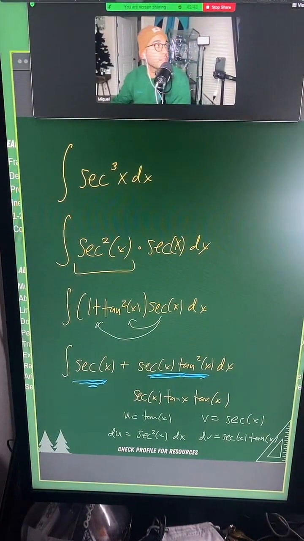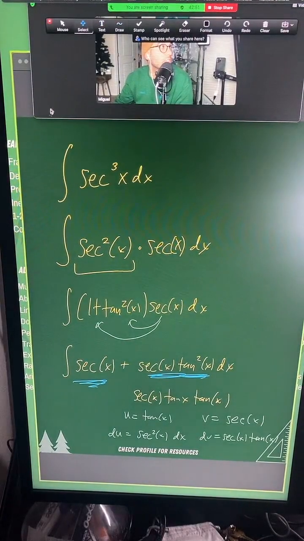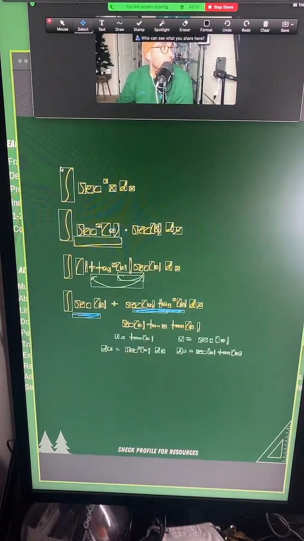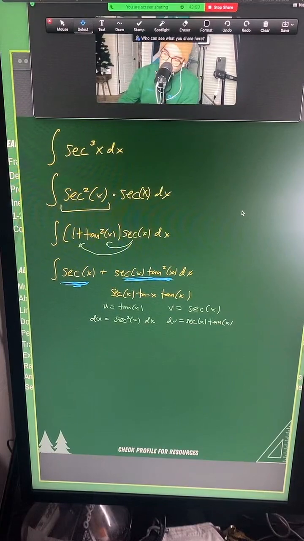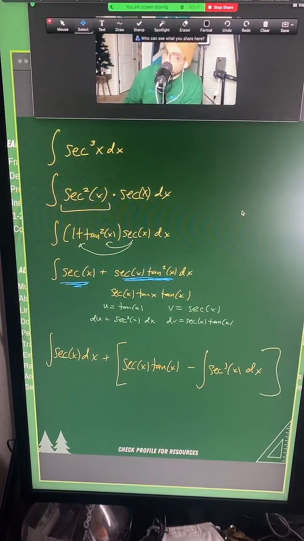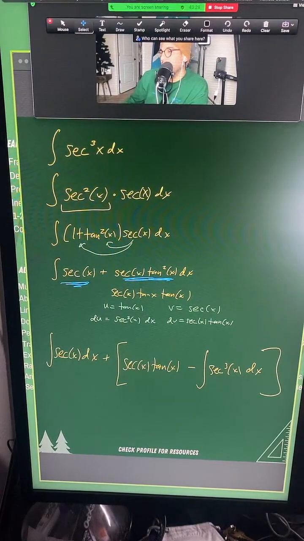All right, so let's go ahead and create some space here on the blackboard. And let's see if what people were suggesting is correct. All right, let me go ahead and make this smaller. Okay, so that first integral, again, we said that was pretty simple. We won't worry about that one just yet. But this second one is going to be secant x tan x minus integral of secant cubed x dx. Guys, we're back. We're back on the same thing. That secant cubed x. Did I do something wrong here? Or did that integration by parts not work?